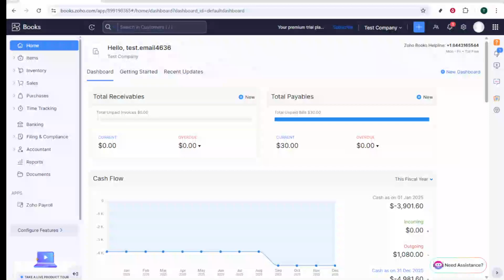In today's video, I'm going to teach you how to log time using the time tracking feature in Zoho Books. Whether you're managing a team or keeping track of your own hours, understanding how to efficiently log time can help streamline your workflow and enhance productivity. Let's dive right in. Once you're logged into Zoho Books,